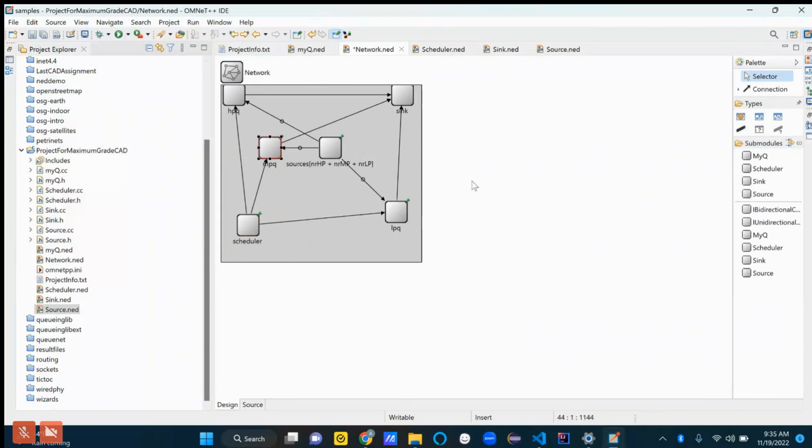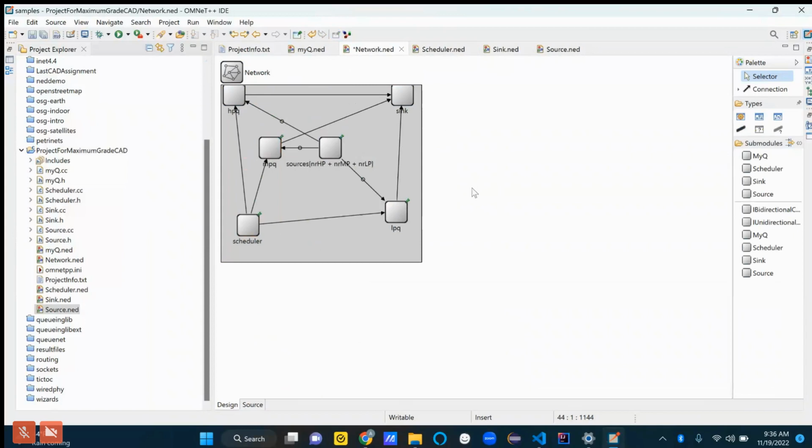We have this scheduler that basically can send messages to any of the queues. It's a little interesting to me right now that nobody sends messages to the scheduler. That seems weird. So the scheduler is only sending messages to the queues. Well, maybe that's not weird. So it looks like the sources are going to directly send their messages to whatever queue corresponds to their priority level, right? So if they're a low priority user, they'll send messages directly to the low priority queue. Medium and high are respectively the same thing.